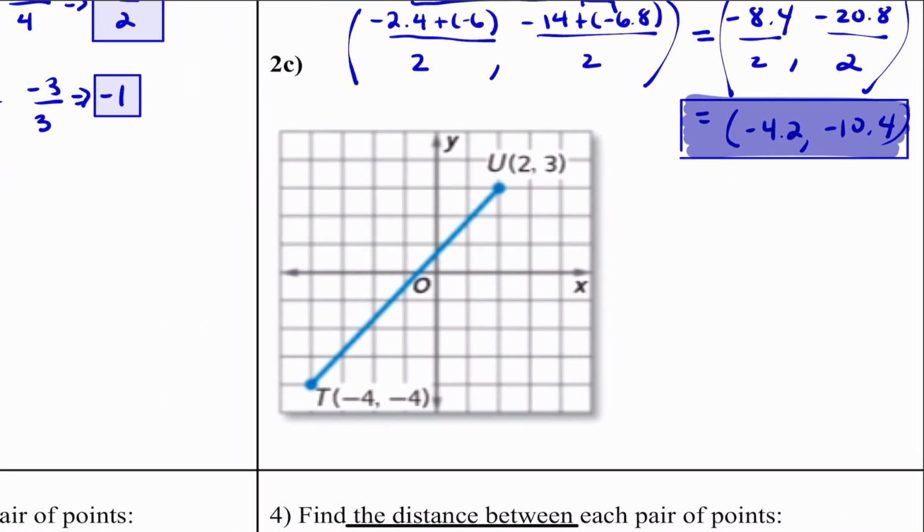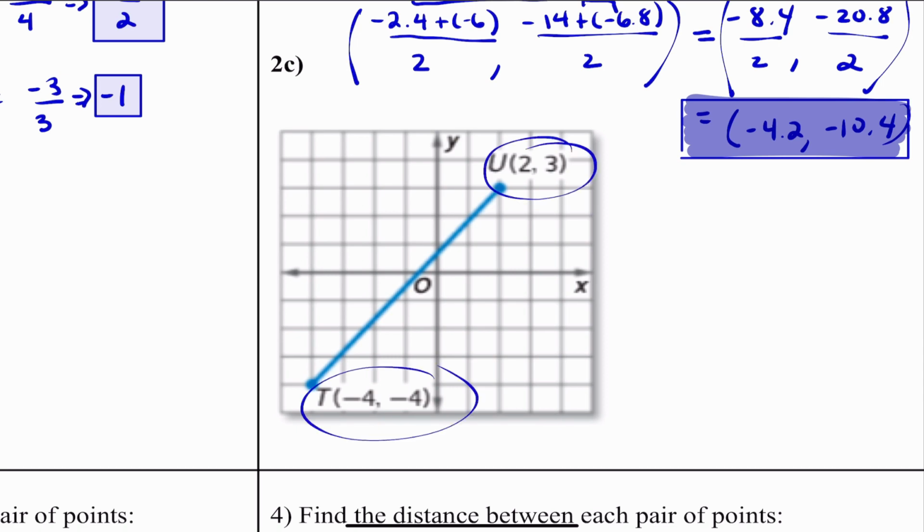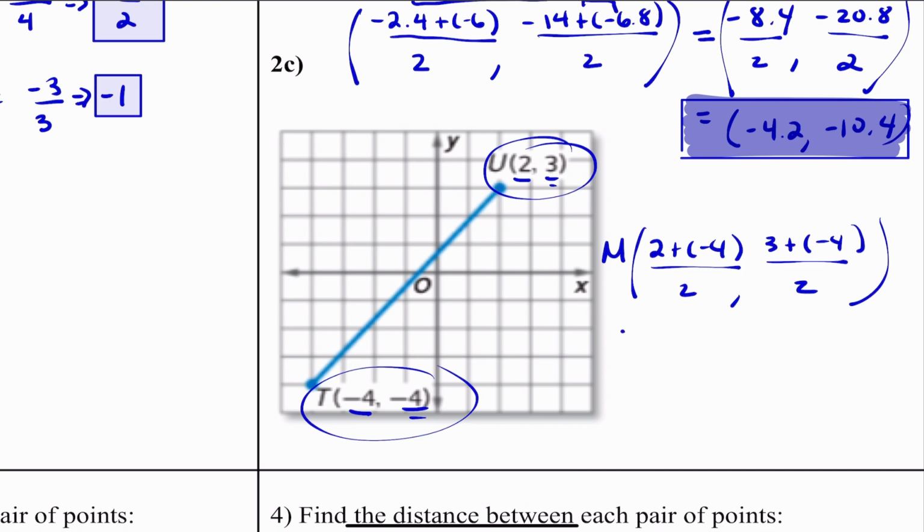This is 2C, by the way. It's this graph. And then I'm going to go ahead and use these 2 points. So 2 is paired up with negative 4. 3 is paired up with negative 4 there as well. So my midpoint is 2 plus negative 4 over 2, comma, 3 plus negative 4 over 2. And then this is 2 plus negative 4, which is saying 2 minus 4, which is negative 2 over 2,